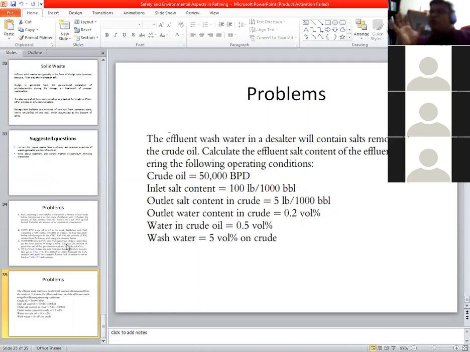But in the final exam, no MCQ. Let me finish the final exam, then I will come to the midterm also. The final exam will be 5 questions from all these 9 chapters. From test 1 we have covered 5 chapters, and test 2 we will cover 4 chapters. So the final exam will be based on these 9 chapters. Total 5 questions, A, B, C, D.